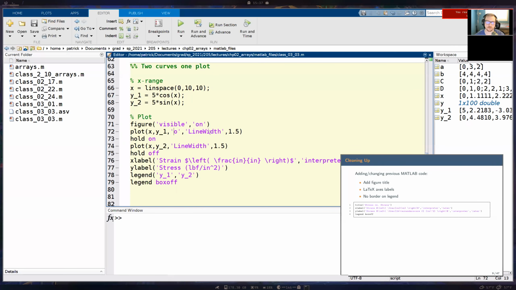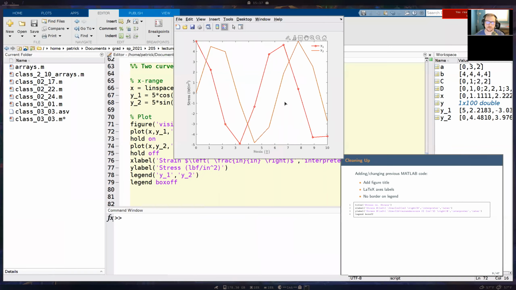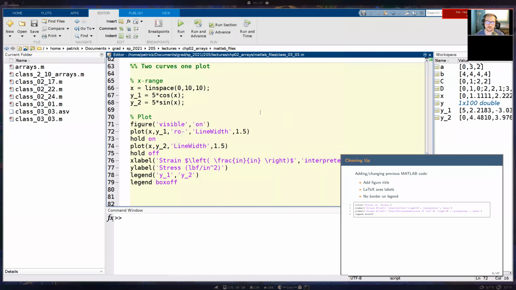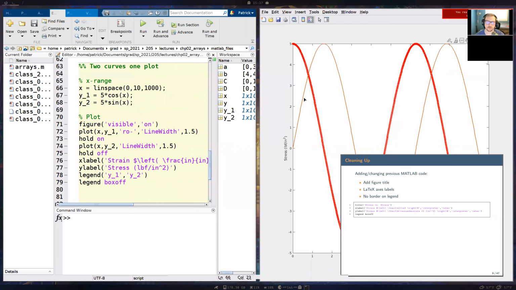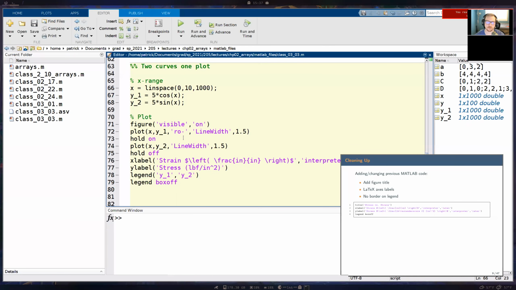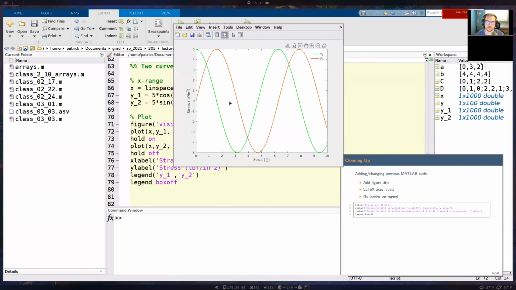And let's actually change this to circles and then a line. And then you can see that we have a line and then all those 10 points that we have. So it looks really, really bad with only 10 values. Usually I just keep it at 1,000. Depending on your data, it may or may not be enough. It most likely will, though. Okay, so anyways, that's how you make it smoother. Just increase the number of elements in your x vector.